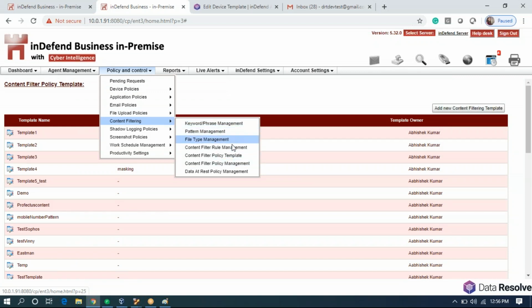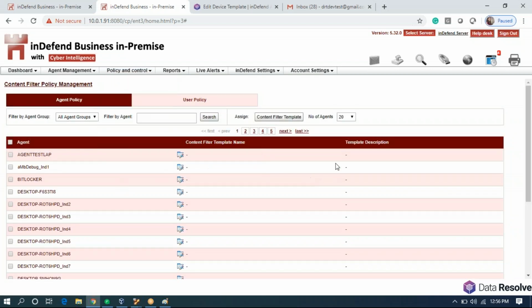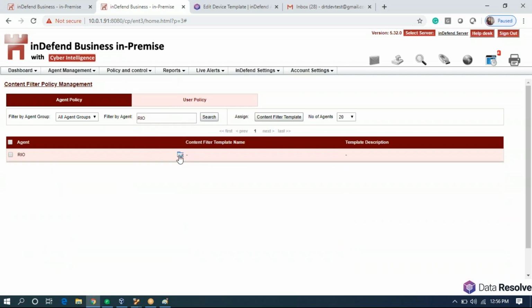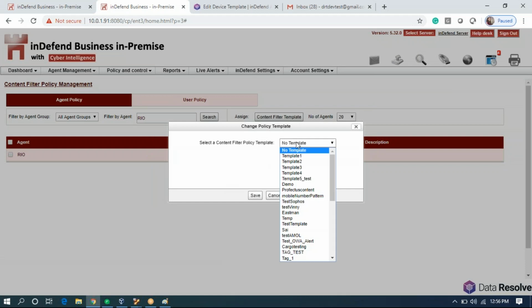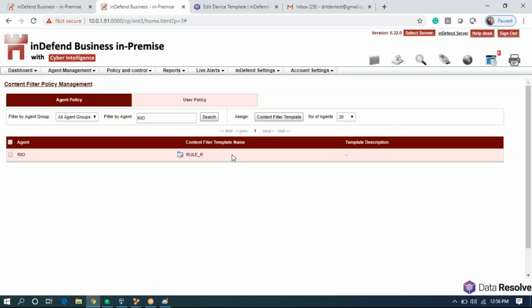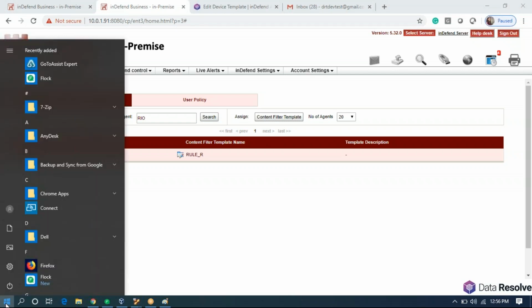So as you saw, we moved sequentially while creating this rule. The next step is content based policy management. We came to the management section, we selected our user, and we applied the rule. So we have to wait for 1 minute for this rule to get synced. Parallelly, what we'll do is we'll start creating sample documents.